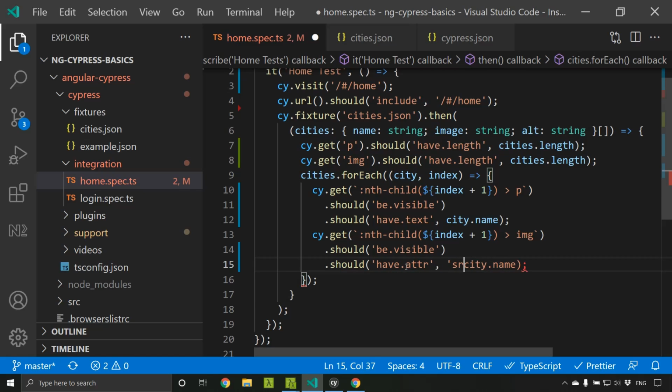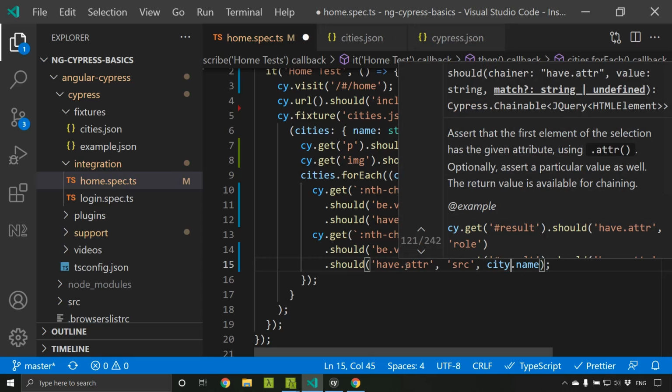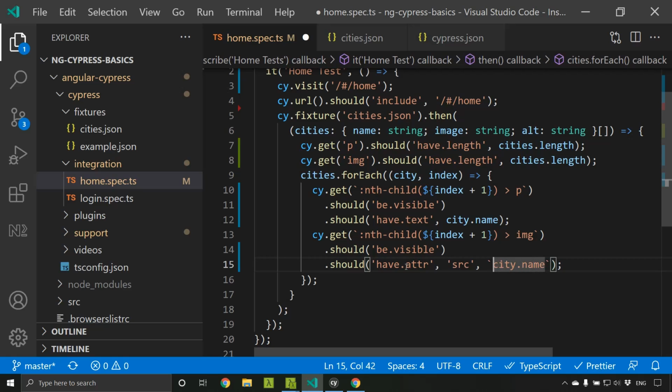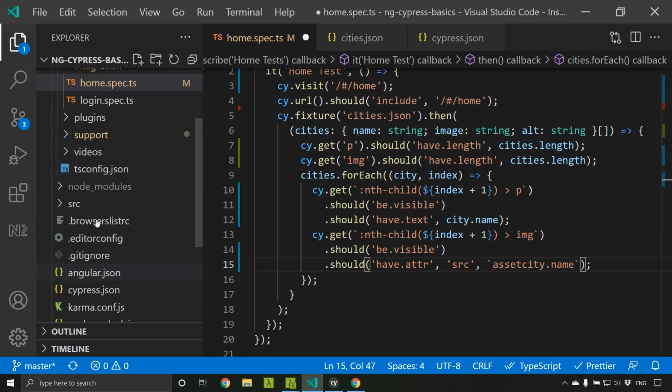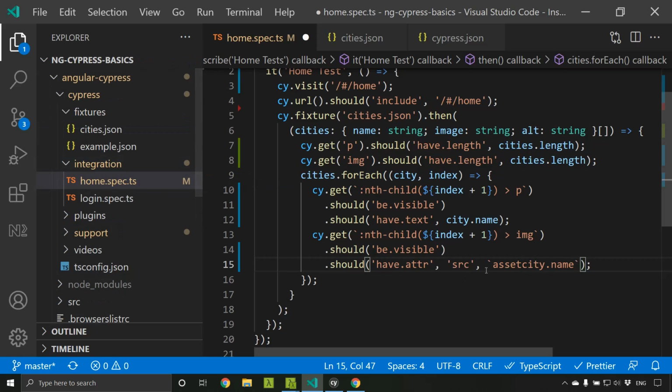So the first thing is our src, the source. So it will be again a dynamic value. The images are present within our assets folder. So we need to append the assets slash city dot image.